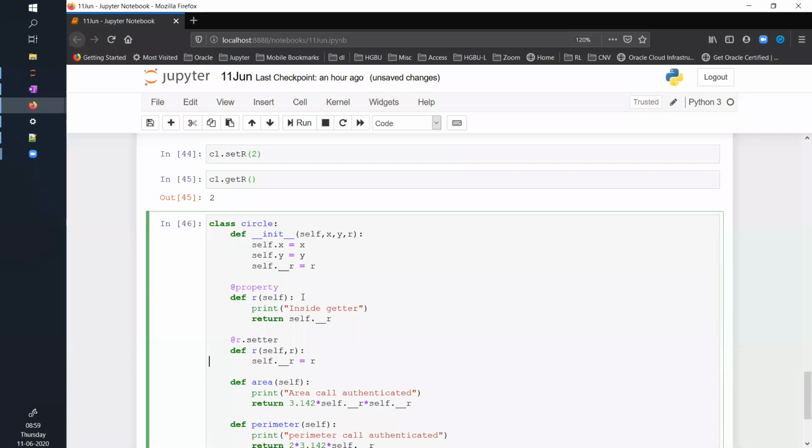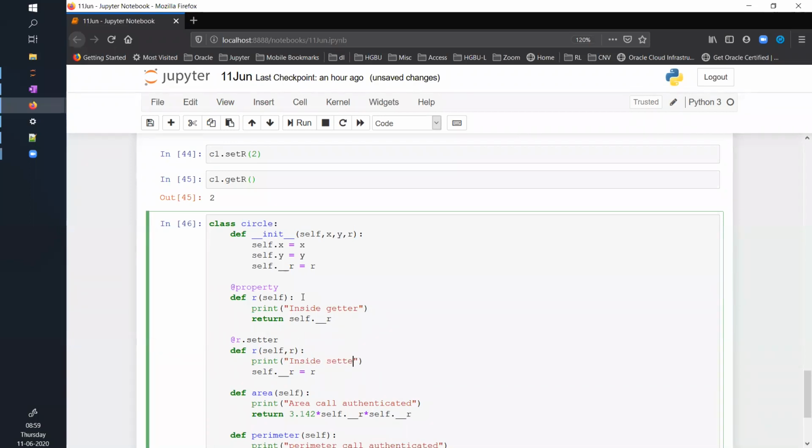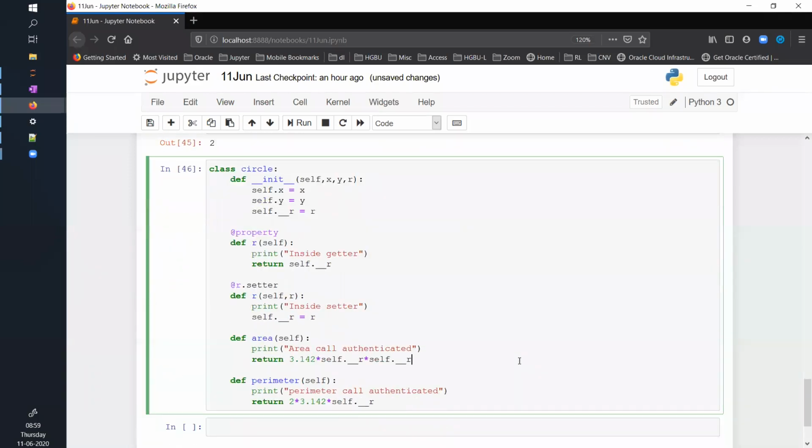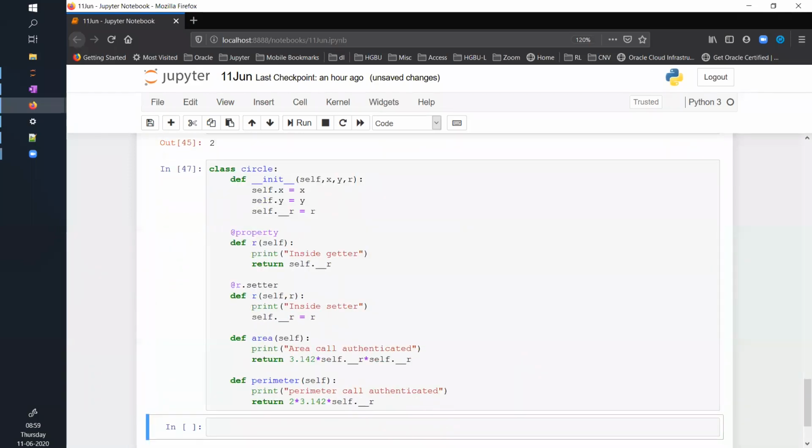Now if I run this code and I create an object C1 equals to circle, what will be the output?